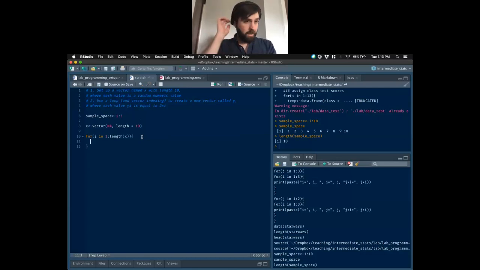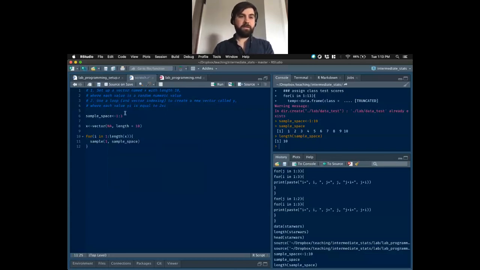Okay, so here we go. I'm going to show you 2 ways to do this. This is the first, where we're going to define x as a vector with length 10. In R, to define vectors or matrices, or data frames, we need to give them exact dimensions, right? So I'm going to show you this way to do it with exact dimensions. And in a second, I'm going to show you a flexible way to do it where I don't need to give exact dimensions. So now I'm going to sample x, I'm going to sample one value from sample space,